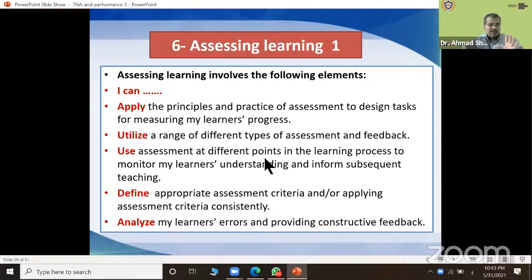Okay, you should define assessment criteria, and I did that before, for levels from grade 1 to grade 12, a system of assessment.